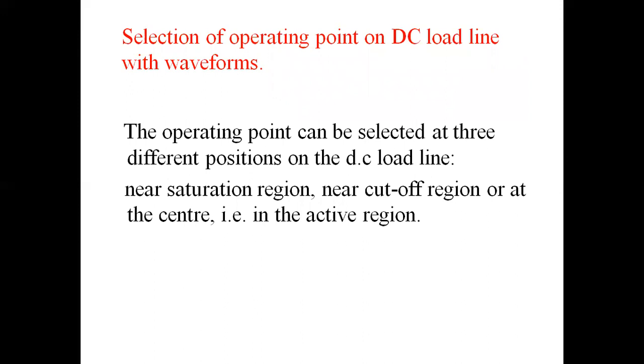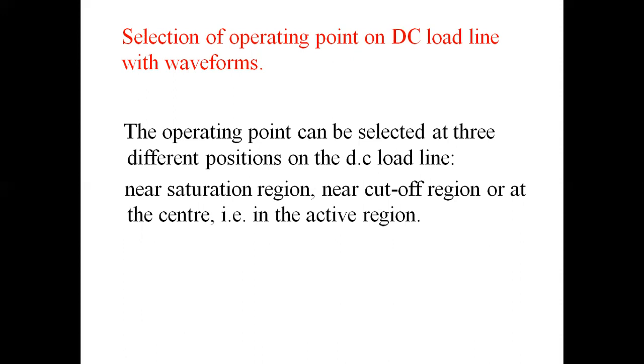The operating point is fixed somewhere in the active region for ensuring proper operation of the transistor as an amplifier. In order to produce distortion-free output in amplifier circuits, the supply voltages and the resistances in the circuit must be properly chosen. These voltages and resistances establish a set collector voltage, that is VCEQ, and DC collector current, that is ICQ, to operate the transistor in the active region.